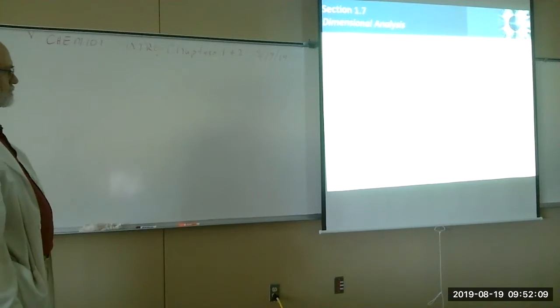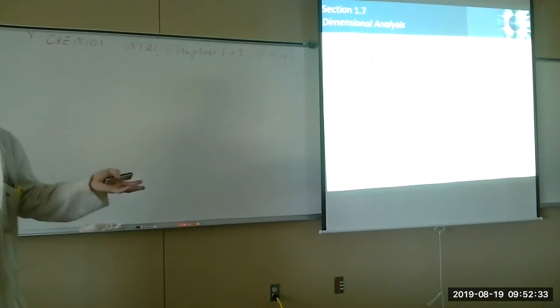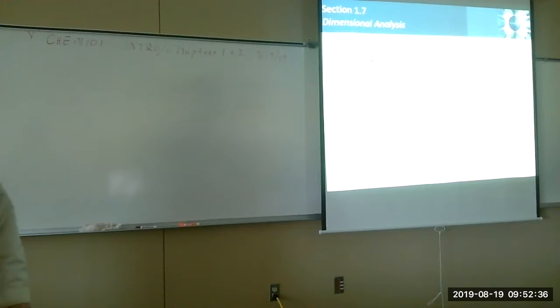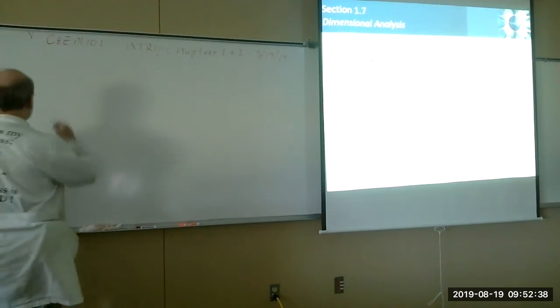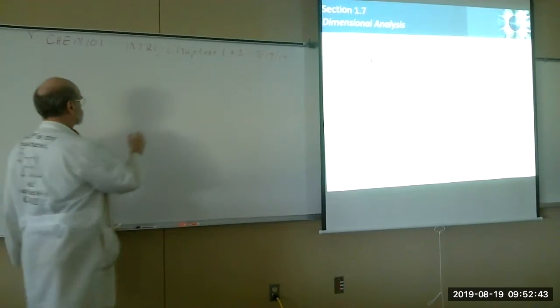So, examples. In order to do a dimensional analysis, you're going to need conversion factors, right? Converting one unit of measure into another unit of measure. And in order to get a conversion factor, all you need is an equality, an equivalence. Something is equal to something else, right? In this case, 1 foot equals 12 inches. You can make a conversion factor out of that. So if you have, say, 3.2 feet, and you want to make it into inches,